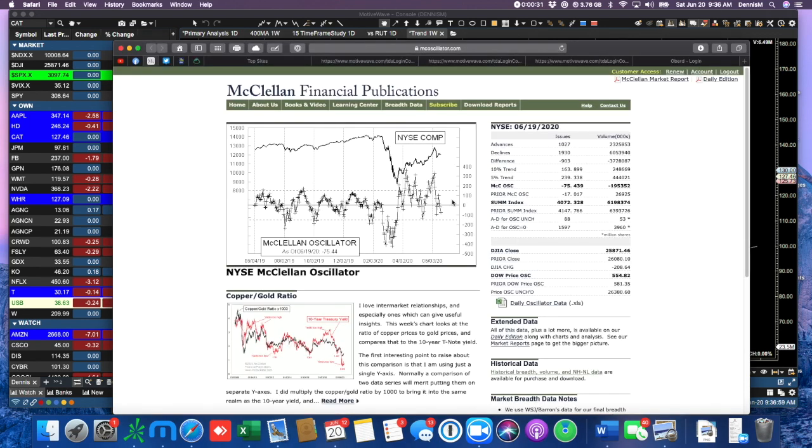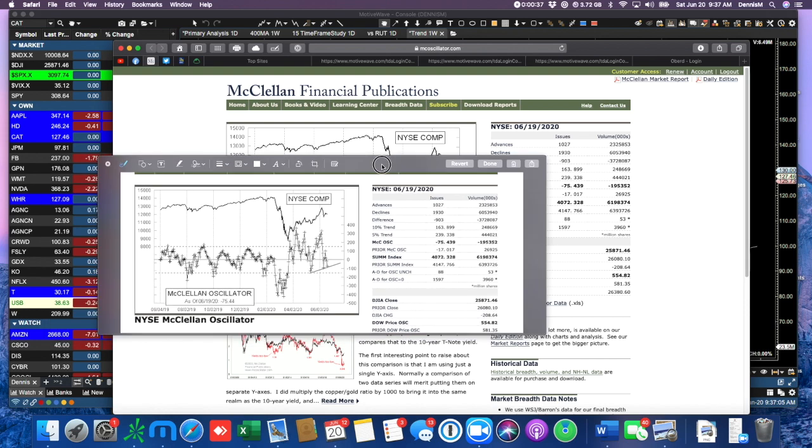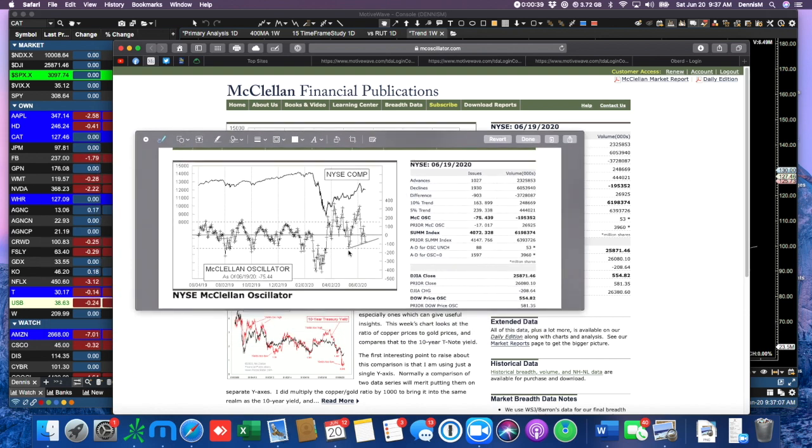Not to happen. The McClellan oscillator came down. Now let's take a look at the McClellan oscillator a little different way. And you can see now that we've got a little bit of a trend line. So you could say that the bulls are in charge because the trend line is moving higher. So the bears are pulling us down, but the bulls are keeping us from going below this trend line. So it's going to be very important where we open up Monday and Tuesday next week if we fall below